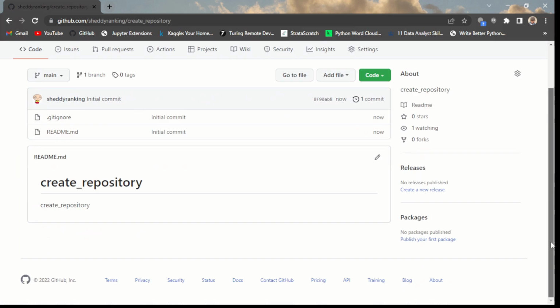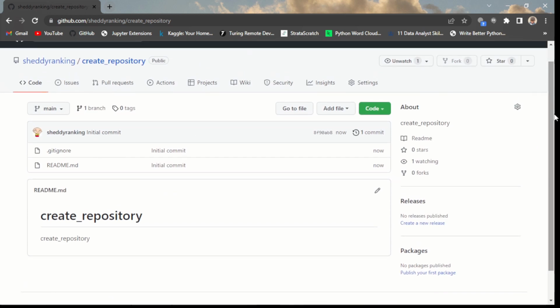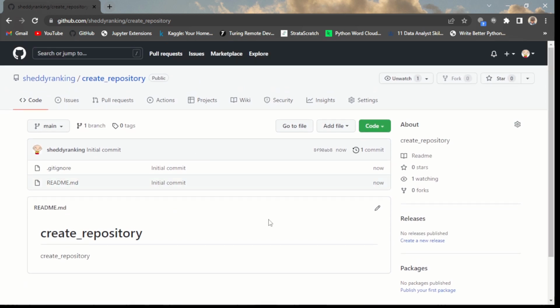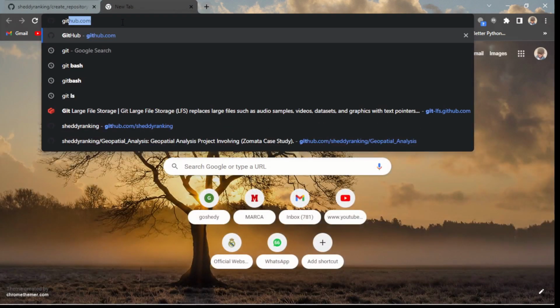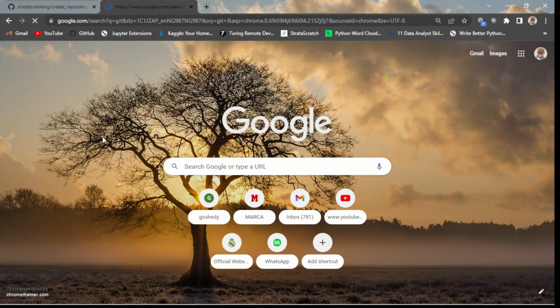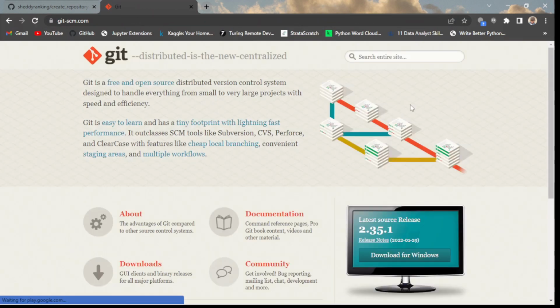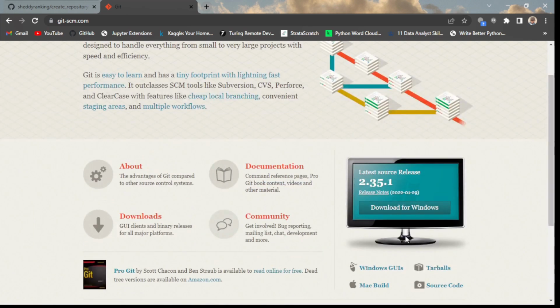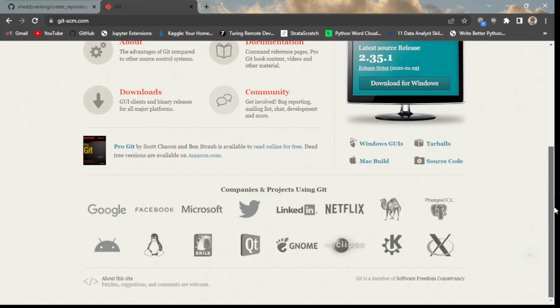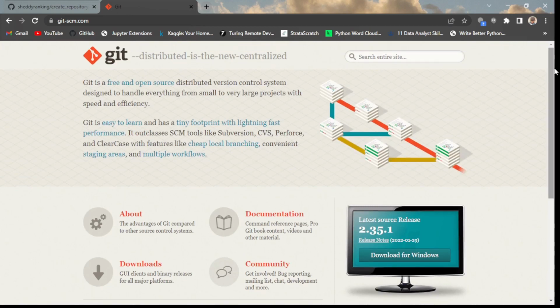So now that your remote repository is ready, how do you connect it to your work offline and push it to this particular remote repository here? First of all, if you don't have Git installed on your system, you need to navigate to this website here and install it on your system. Just come to this place, download the one that's available. If you're on Windows, just click on download for Windows and follow the recommended instructions and install it on your system. Once you do that, go to your documents